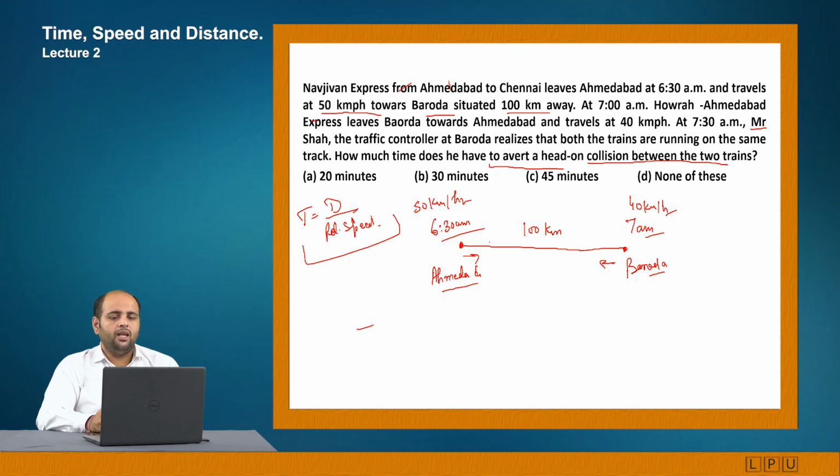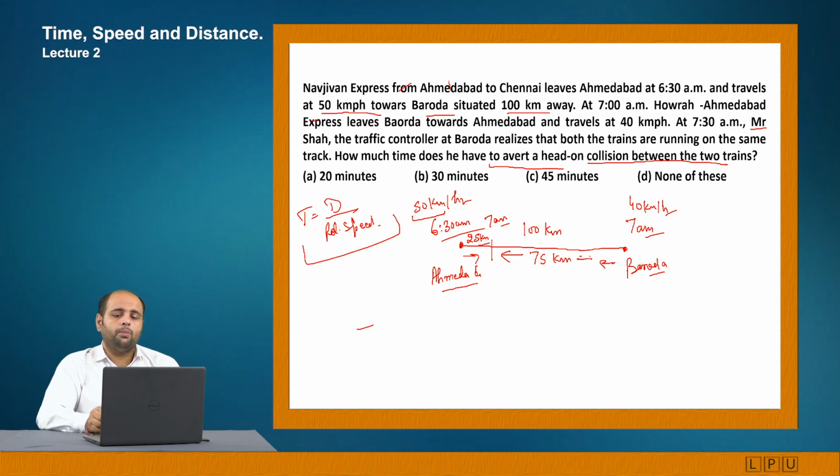So it is 6:30, make it 7 a.m. As we know, this is a half an hour time period. The speed is 50 km per hour. So in the half hour, what will be the distance traveled? The distance traveled will be 25 km. So what will be the distance now remaining? That will be 75